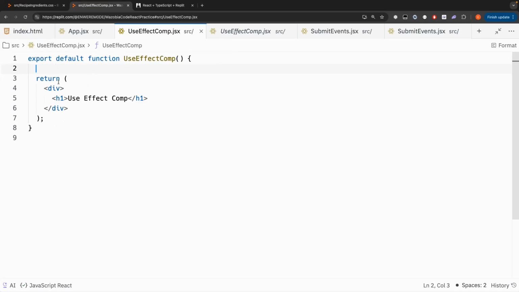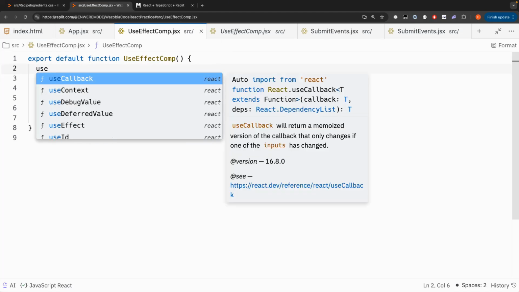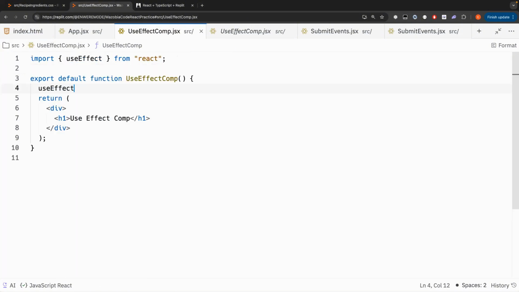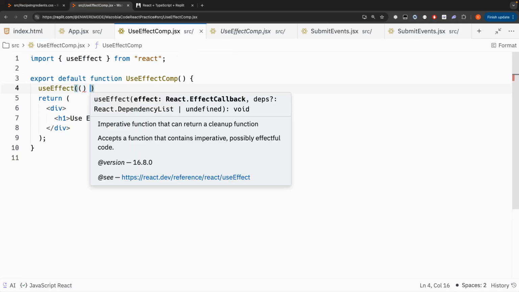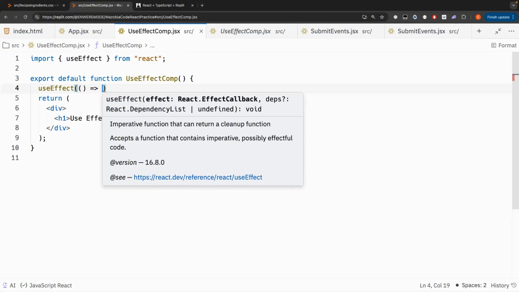Okay, so this is our Replit page, and I'm about to show you how to use useEffect for scenarios where you want the function to execute just once, initially, when your code renders. So, like the example you saw on the slides, all you need to do is use useEffect. You import it from React, import useEffect from React. So you do useEffect, this arrow function,